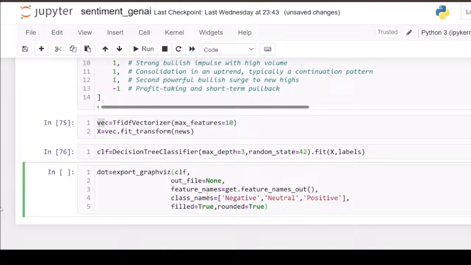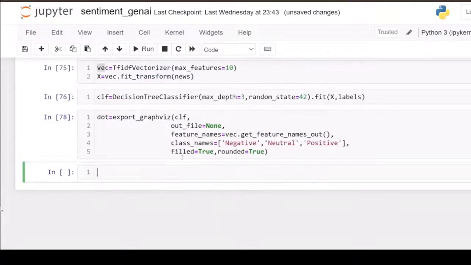So I believe the feature names, whichever it is, should be taken from the vector, as we already called the classifier, and we are missing that, so we need to call it this way. Okay, and if everything is good, we'll get the results. Right now we will get our graph, so all we have to say is graph, and in graph we have to talk about source